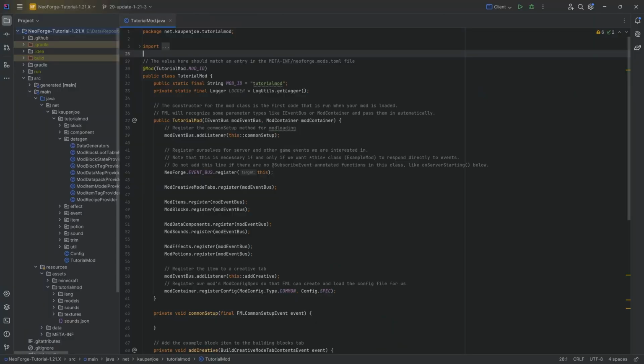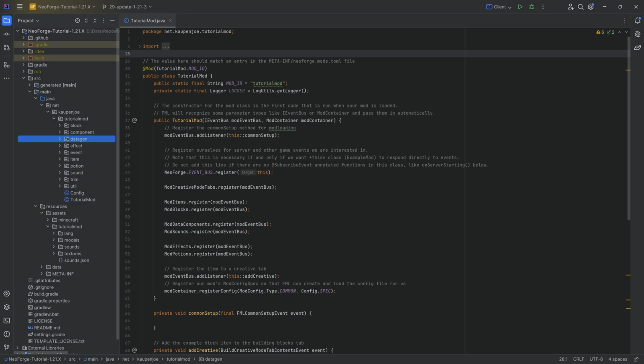Alright, we find ourselves back in IntelliJ once more, and in this tutorial we're going to be updating our project here to 1.21.3. However, very important disclaimer at the very beginning: the rest of the tutorial series will be continued with